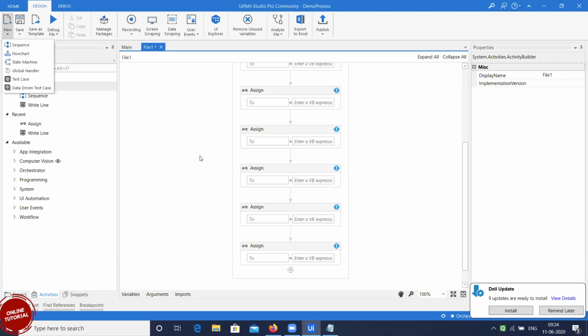In this sequence, what happens if in some process there is a conditional switchover? Maybe one step has been done, and for the second step, based on the condition of the first, it should switch over to the fifth step. Is it possible, or should it always go 1, 2, 3, 4, 5, 6? Sequence means it will always go in sequence. If you want that kind of design, you can do it in a flowchart. In a flowchart, you can give your own directions based on your choice.